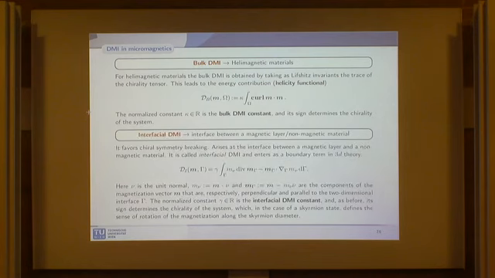And then you have this interfacial DMI. This is a little bit more involved to give a formal meaning to if you are in standard function spaces. I will not dwell on this. What is important is that there are two main classes of the Dzyaloshinskii-Moriya interaction that account for all the studies that are currently investigated.